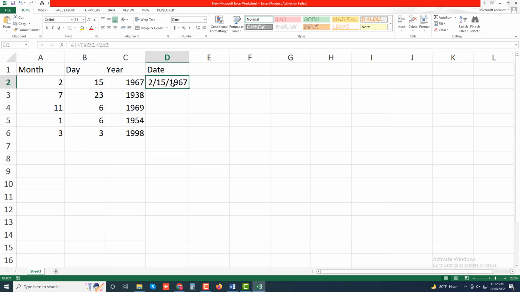2/15/1967 date is here. So you can drag and drop using this function and see there